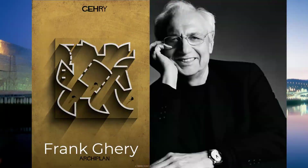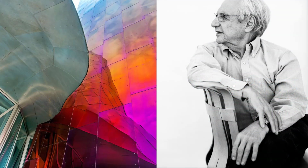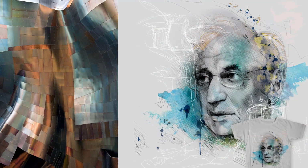Frank Gehry, an architect who has spent more than 50 years creating the most remarkable structures with his unconventional and dynamic use of forms, colors, and shapes. His innovative use of different materials and iconic deconstructivism style has garnered him numerous awards, including the Pritzker Architecture